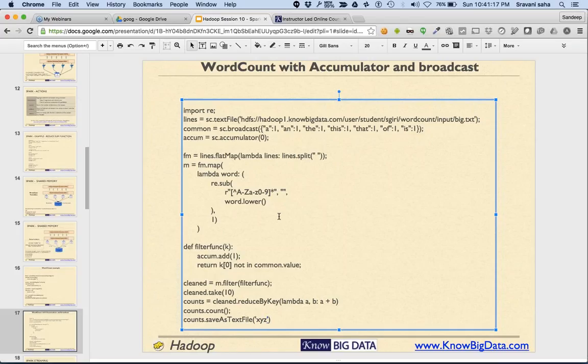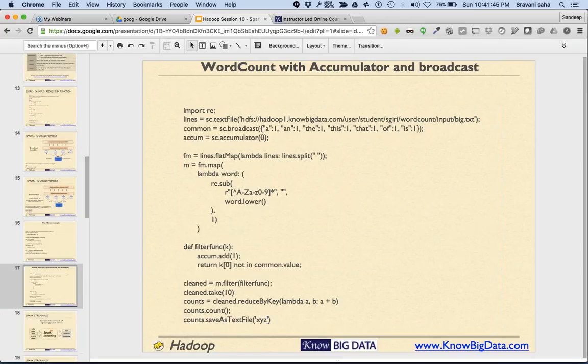Then, using flatmap, we convert lines into an array of words, and over those words we clean up the data by removing all the special characters and converting to lower case, and so on.